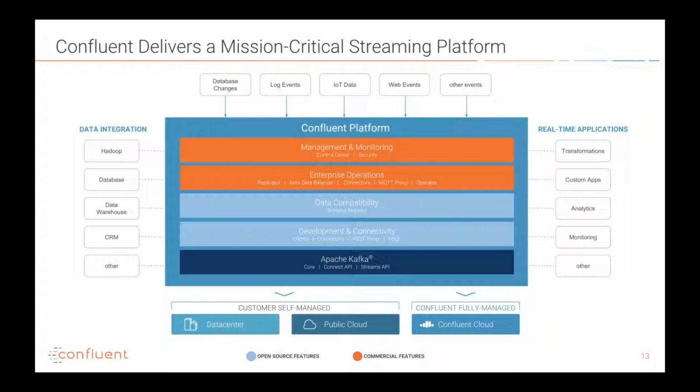And then we have a number of connectors and clients to make it easy to connect to these third-party systems or write integrations in non-JVM languages. On top of Confluent open source, we provide Confluent Enterprise, which is really all about operationalizing the platform for production. So we have a control center to manage and monitor things. We have Replicator for disaster recovery and globally distributed companies. We have an MQTT proxy for easily integrating IoT devices.